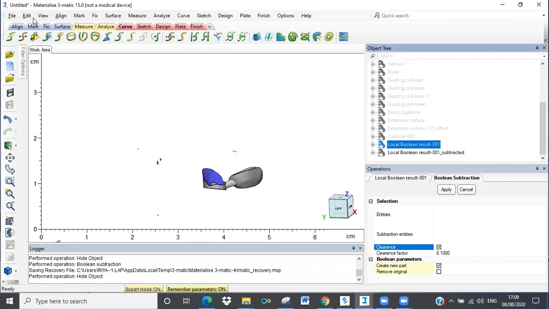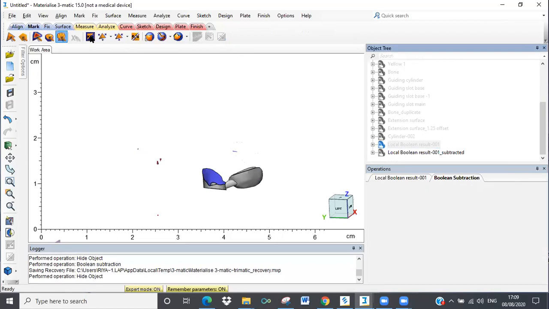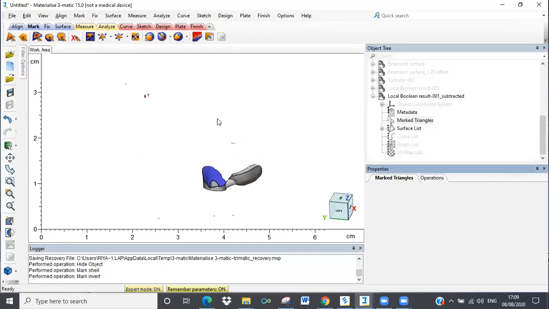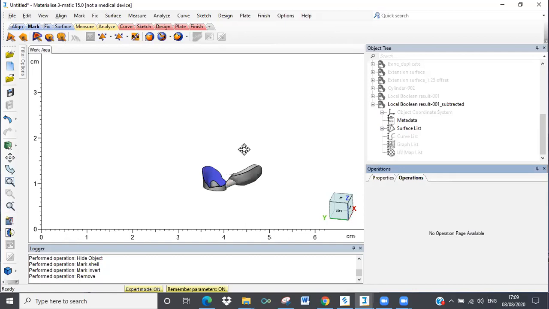So let's just delete all these shells by marking them, and we can just delete. So all these excess shells are not there now. So yeah, this is it. This is basically your slot creation. And of course, if you want to write the patient name, you can mark the patient name here from Finish, the quick label option, right? And in case you want to write the patient name here, you can do that.